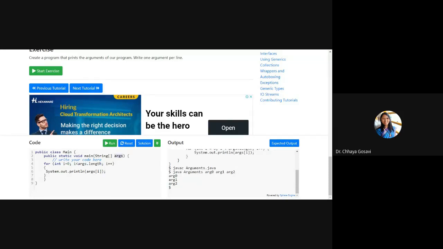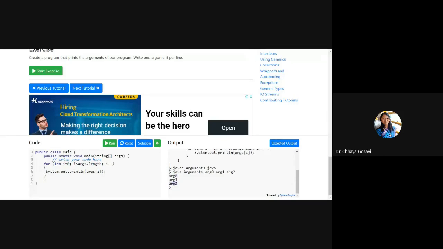In Java, we can treat arrays as objects, so the length property is directly applicable. It will print each argument on a single line: System.out.println, print args of i, from 0 up to the length. Here I am passing args 0, 1, and 2, and it has displayed them on this line.